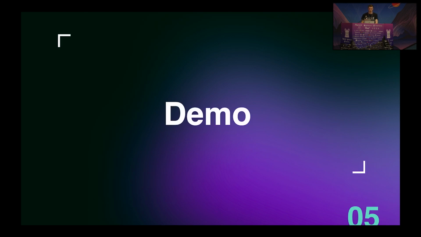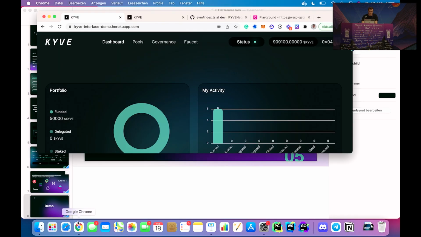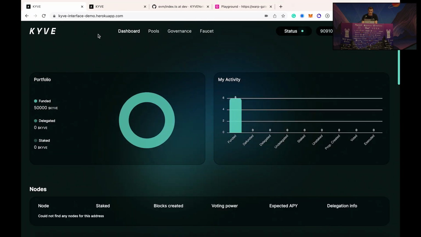All right, let's jump into the demo. I can show you an overview of what it looks like working with KYVE. There you go. So we set up a demo environment. If anyone wants to check it along on their local device, you can go to kyveinterface-demo.herokuapp.com. I'm logged in here with one of our addresses, and you can see it starts off with a very